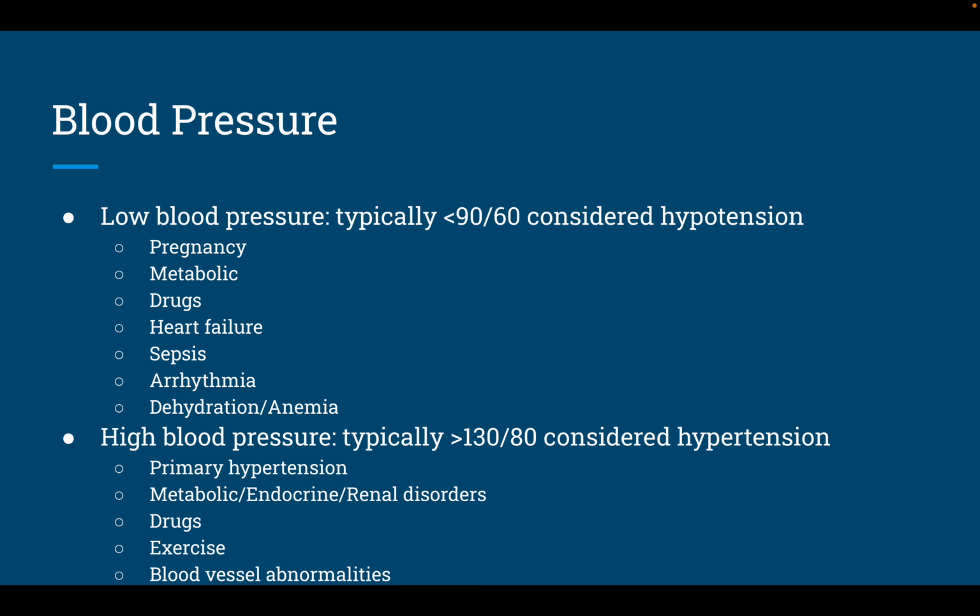As far as high blood pressure, somewhere in the 120 to 129 range, you would consider elevated blood pressure. And then at 130 systolic over 80 diastolic is where you would call stage 1 hypertension. There are several stages and more complexity outside the range of this talk, but suffice it to say that primary or essential hypertension is what we think of in folks who have cardiovascular risk factors: older age, smoking, high cholesterol, diabetes, obesity,